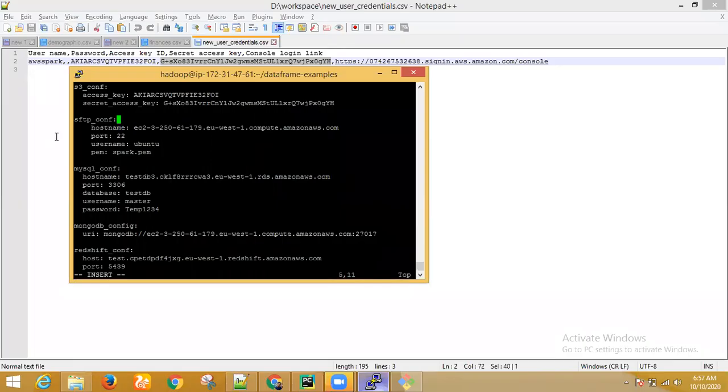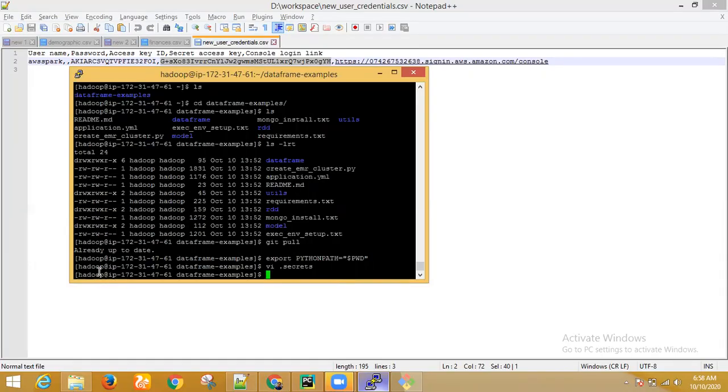Now you can see here that it's in insert mode. Type the escape key, so this insert will disappear. You can see that it has disappeared. Now just type :WQ. You can see at the bottom it says :WQ, which means you want to save it. This is the command to save this.